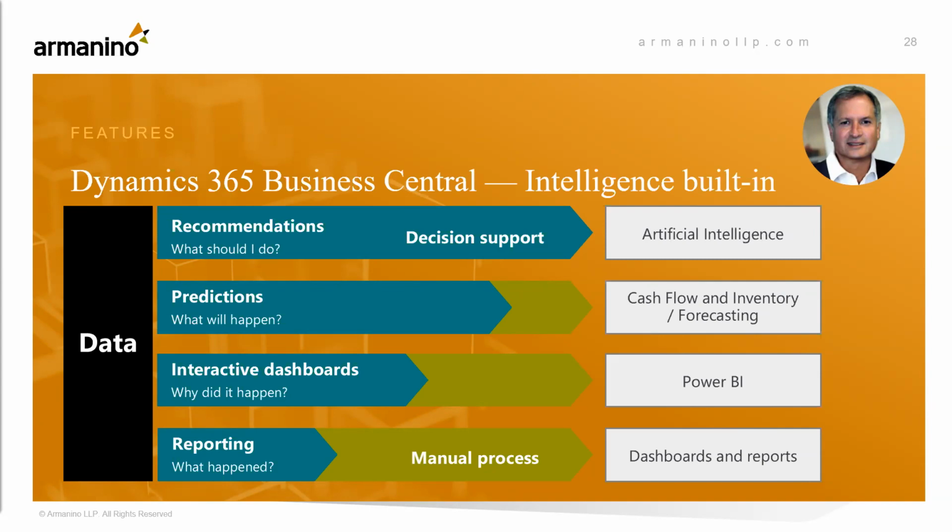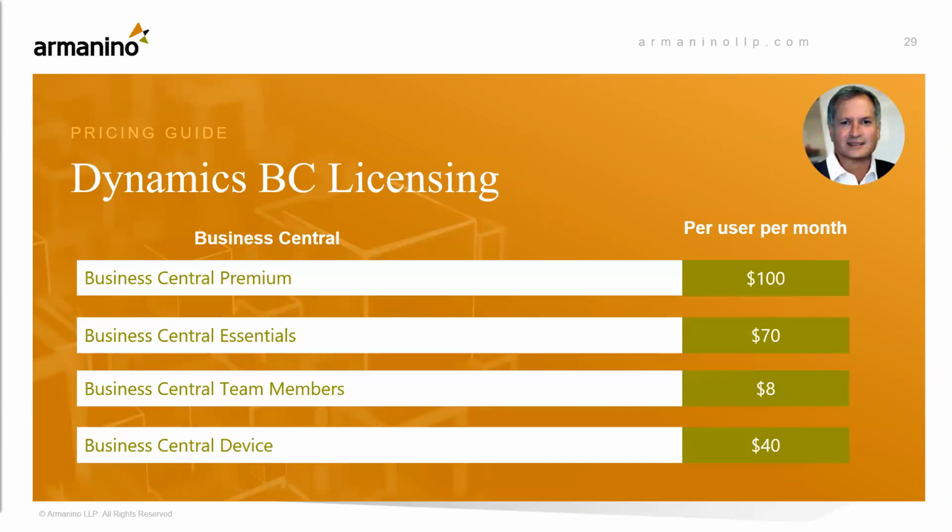All right, let's take a look at some simple licensing here. So the licensing for Business Central is easy, right? There's basically three licenses. There's the Central Premium, Central Essentials, and then the Team Members license. So the Essentials is basic stuff. It includes financial management, core financials. It includes some customer relationship management, some CRM functionality. Actually, there's CRM functionality built into BC. It's basically focused on opportunity management,